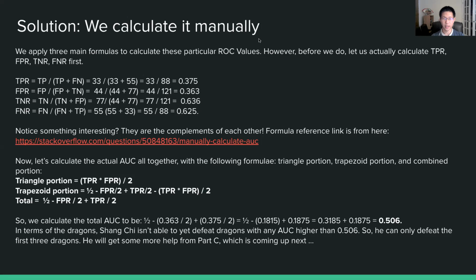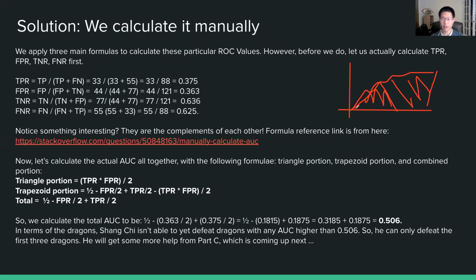Now let me quickly draw another thing to demonstrate what I'm talking about. Let's say this little graph over here is our ROC curve. I'm going to just draw a squiggle, whatever. So you have an ROC curve that looks somewhat like this, right? You have one defined triangle portion here, more or less, and one defined trapezoidal portion here, more or less. So you're trying to determine the summation of